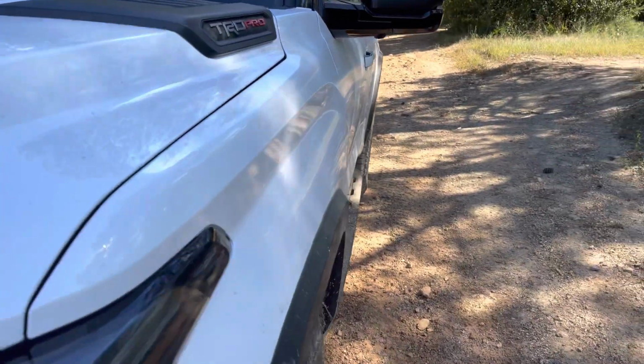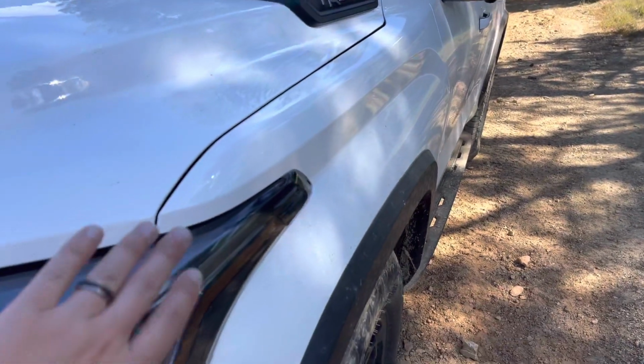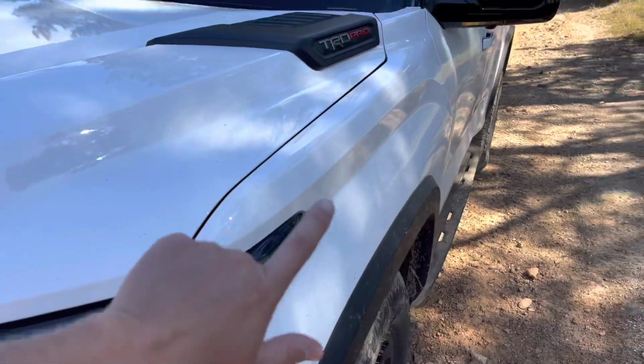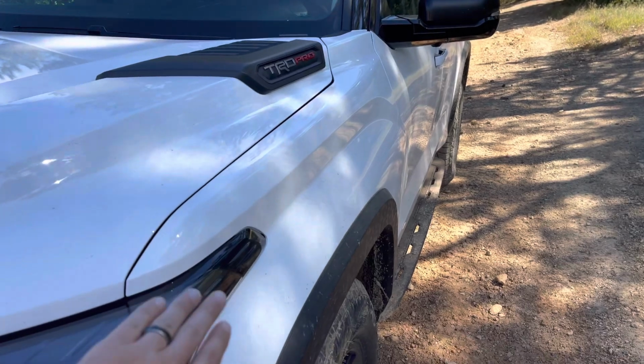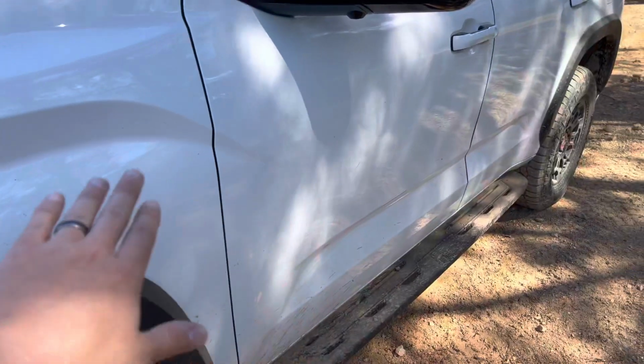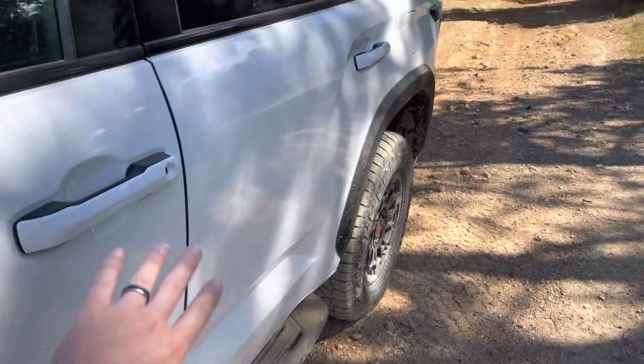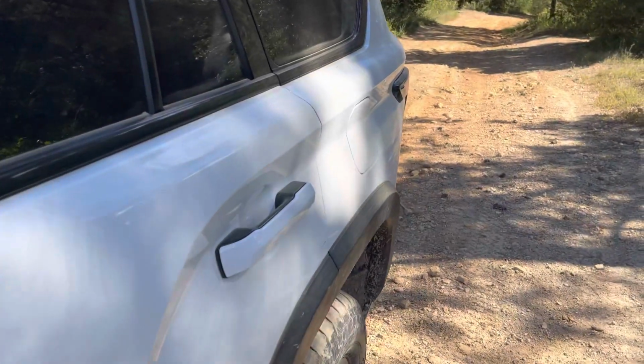throughout it. So like the fender flares here, although subtle, I think they're sleek, and they go very nicely with the headlights and the taillights here, and I'll show you in a second. So this line here goes very well with that headlight and into the body, like downward into the driver's side door here, which looks great. Obviously some more body lines down here, but in the back, I think this is really where, again, it